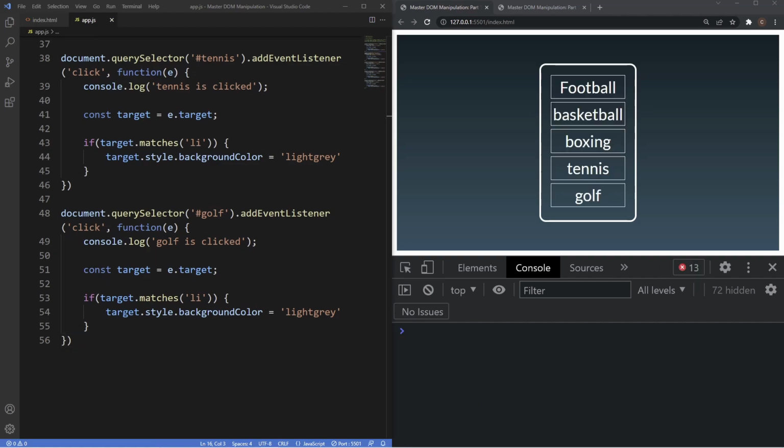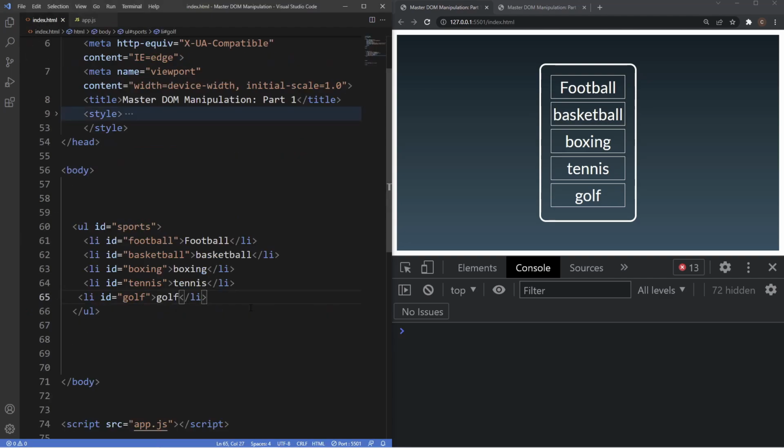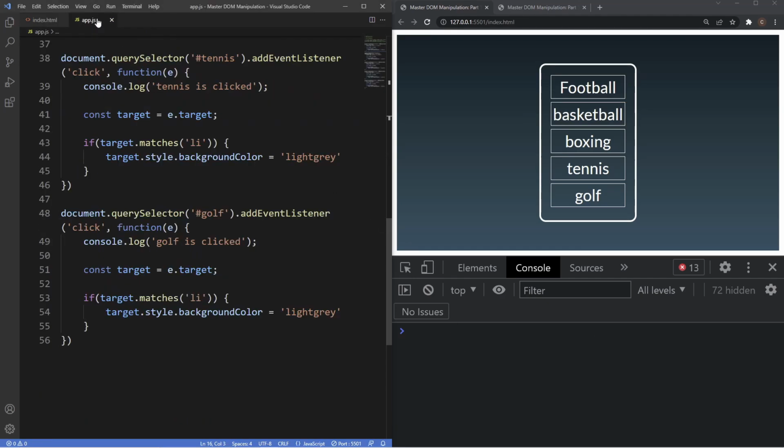The idea of event delegation is pretty simple. Instead of attaching the event listeners directly to each of the list items here, we can delegate the listening to the parent, which is the UL here, which has the ID of sports, so that when the LI is clicked, the listener of the parent element catches the bubbling event and then performs our task, which changed the color of our background to light gray when we clicked on one of the boxes, and also showcased some text inside of our console here. So what we're going to do to achieve this now is go back into the app.js file